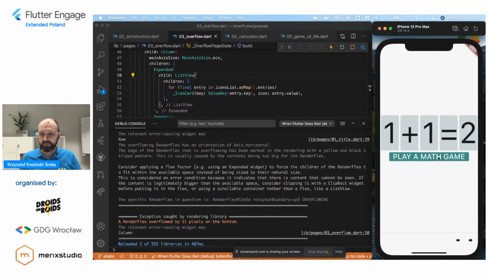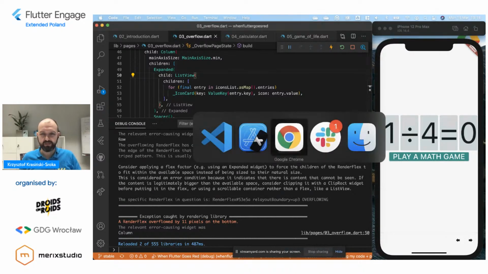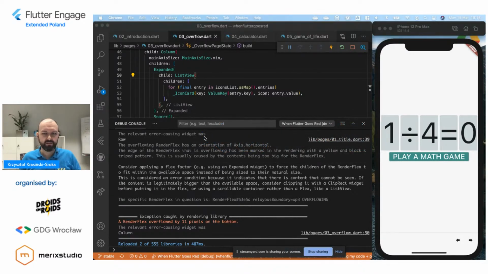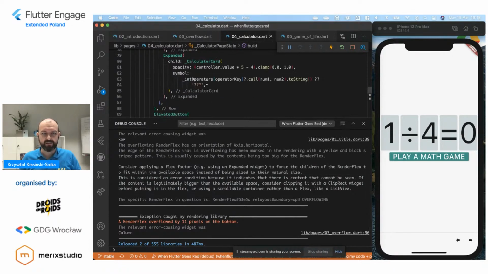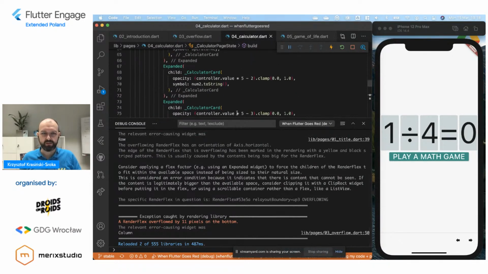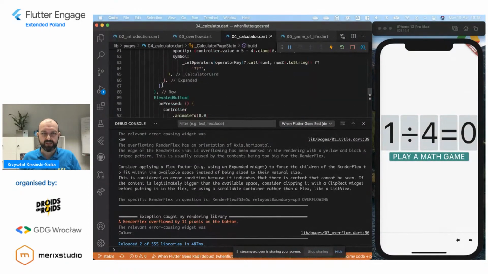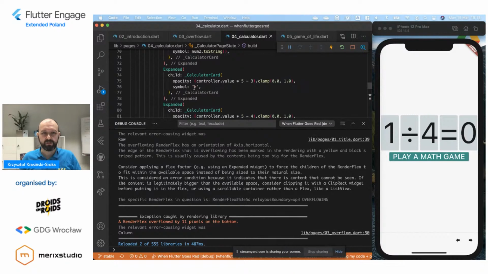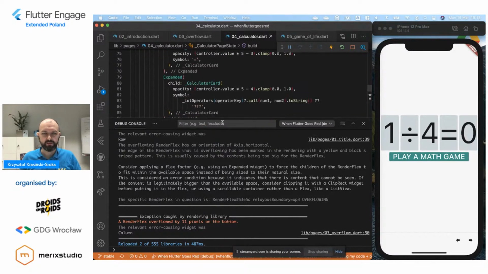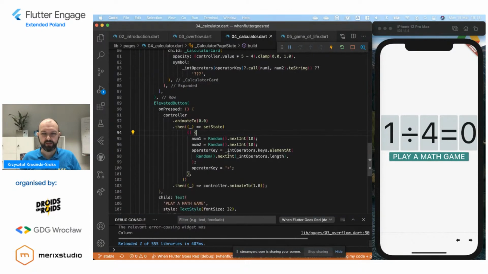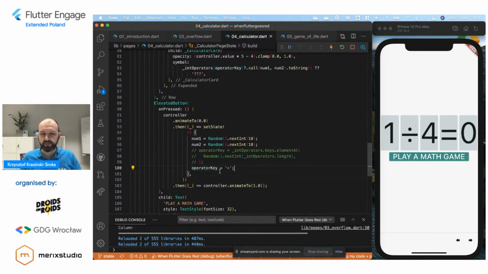Now let's play a math game. The math game is much more fun, because we will go to the calculator class and see, well, this is actually number 1, this is some operator, and yes, I have some symbols, equals. Let me just find where I put the operator. The play a math game button does something here. And here, as you can see, I would normally just grab a random operator, which would make me fail once every 40 times if I'm lucky. But let's say I just always want a division.